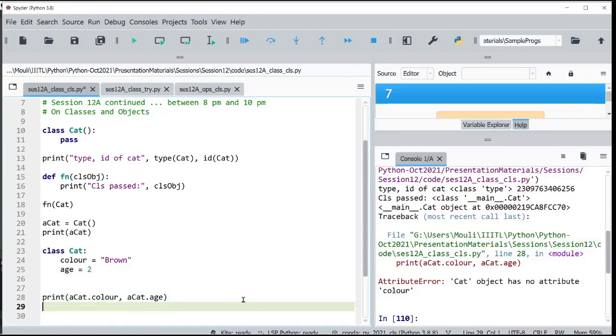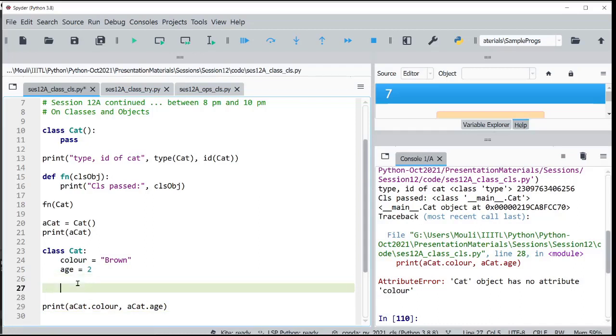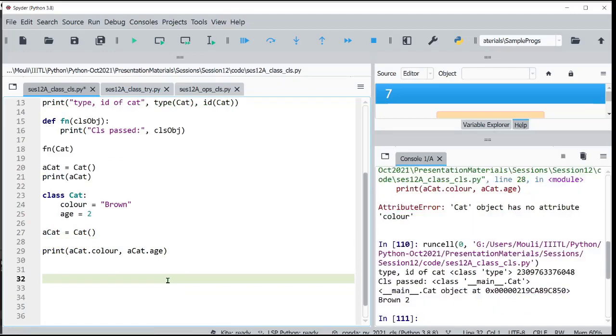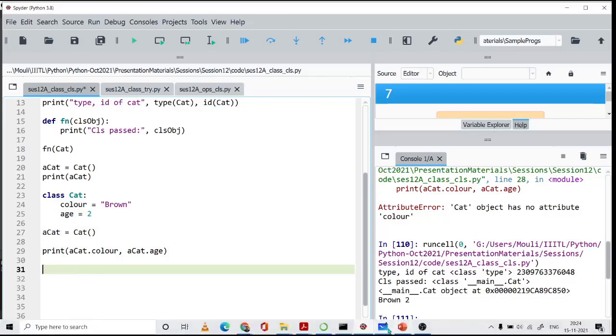I don't need a, oh sorry, what happened? Why did I not create the object? Okay, so brown and 2. So what we have done, we are able to access the class level attributes in the object. Now let us try to understand internally what is happening.